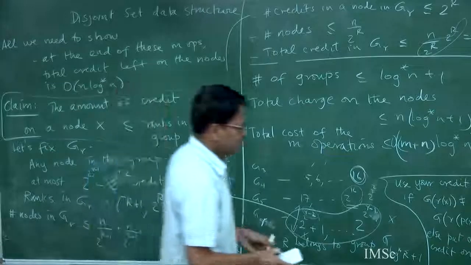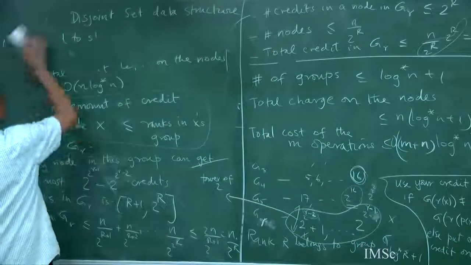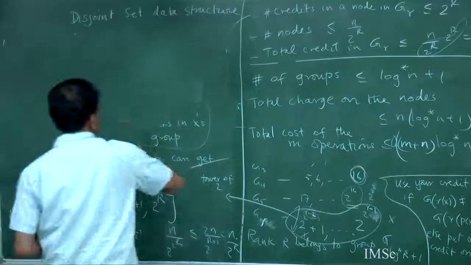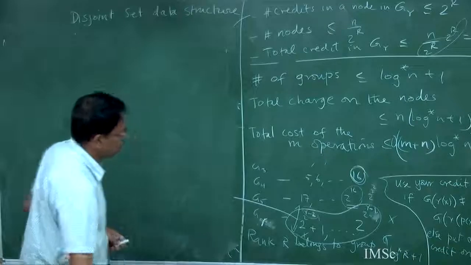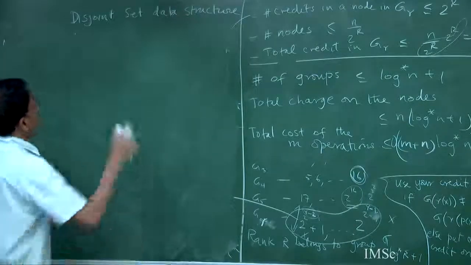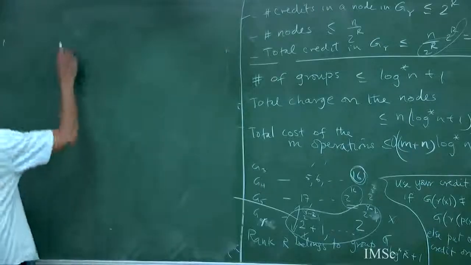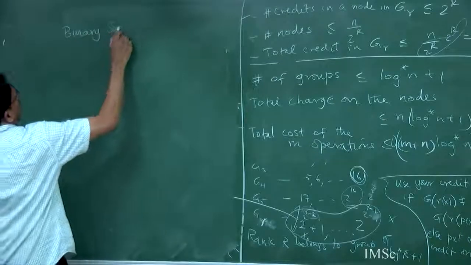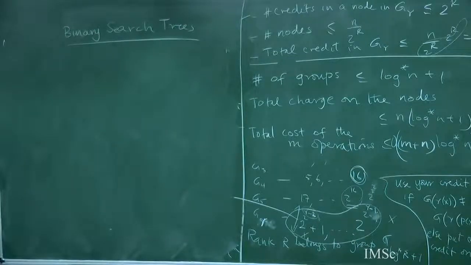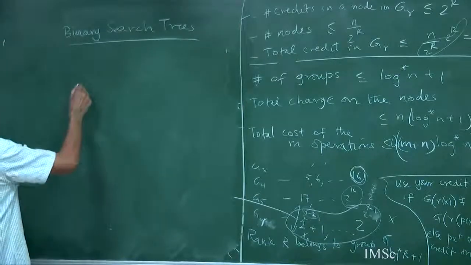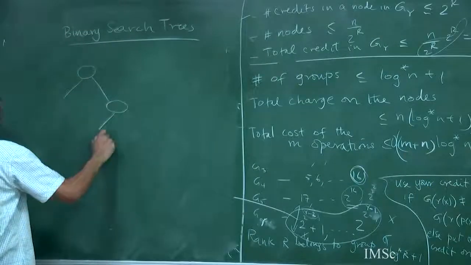Yeah, so I'll spend maybe 10 minutes talking about the next amortized structure we want to talk about. And that is binary search trees. So recall what a binary search tree is. It is a data structure that supports efficient insert, search, and delete in logarithmic time, for balanced binary search trees. And so it is a rooted tree with values on the nodes satisfying what is called the binary search tree property, where